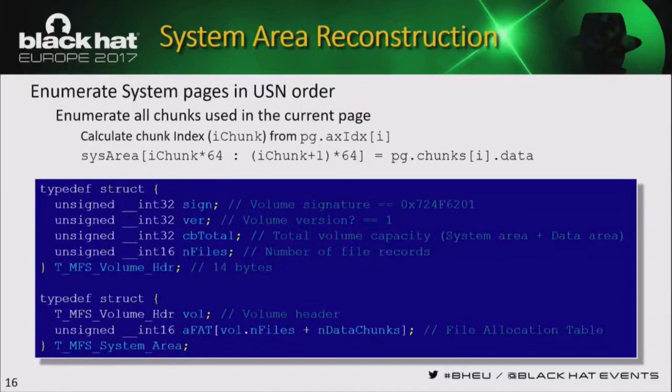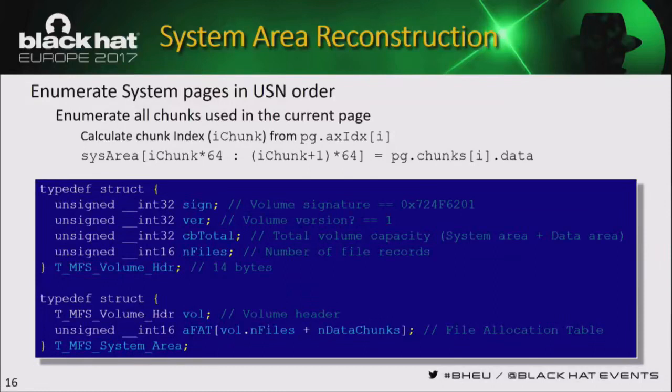So you need to enumerate system pages in update sequence number order. Then you need to decode the index of every chunk on the page and store its data in the output array. And it is possible that some chunks will be overwritten twice or 10 times. It's normal, because